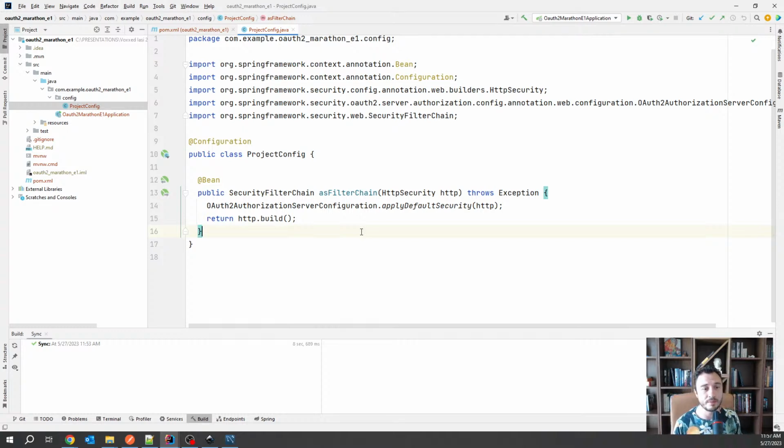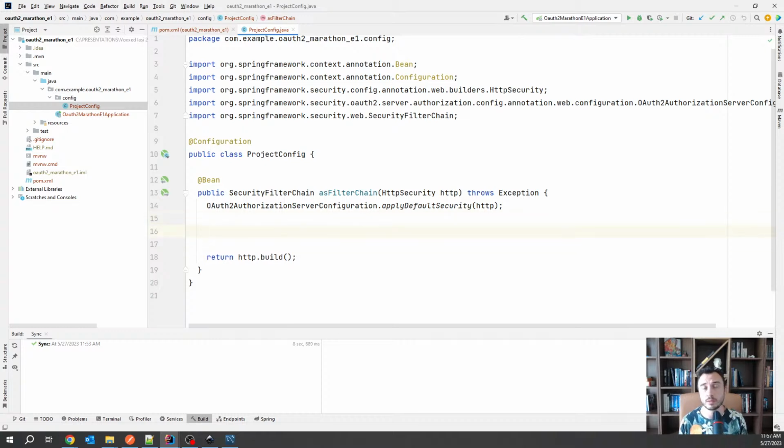Now remember, we are in very early stages of the authorization server. This piece of software that I'm using now to implement this capability has actually been released somewhere in November 2022, which is at the moment about half a year ago. Half a year is not that much. So you see, Spring Boot still didn't have the chance yet to have it all. So that means that I have to do some work by myself, some work that maybe in the future will not be needed. I do have to apply the default security by calling the static method,